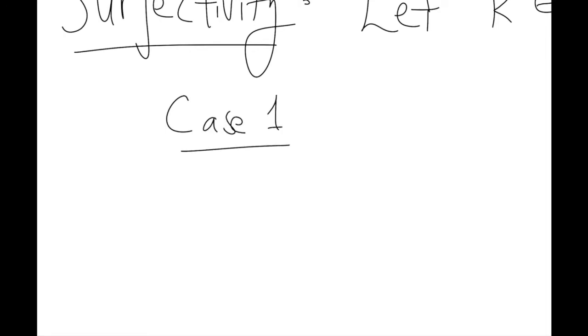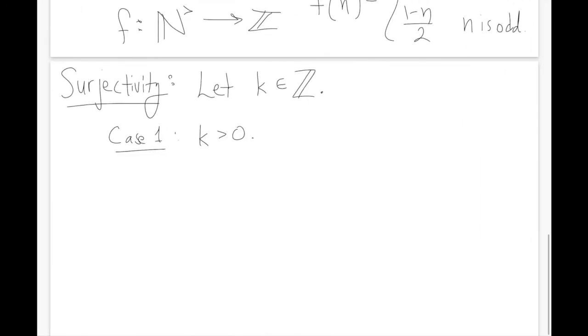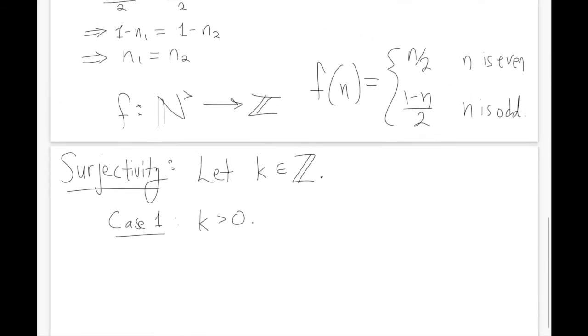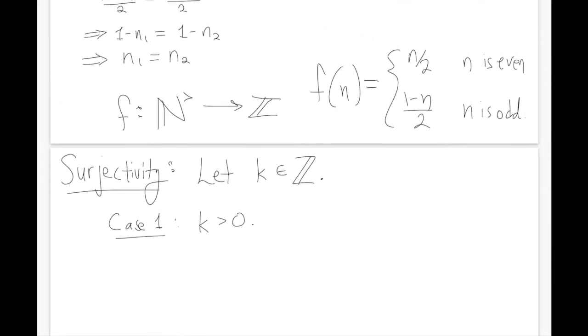When k is positive, by the same argument that we gave earlier, if we're going to construct an element that maps to it, we're going to have to look for something that's even. So if we want to find some n that makes f of n equal to k, then f of n will be n over 2, which means we're probably going to want to choose n to be equal to